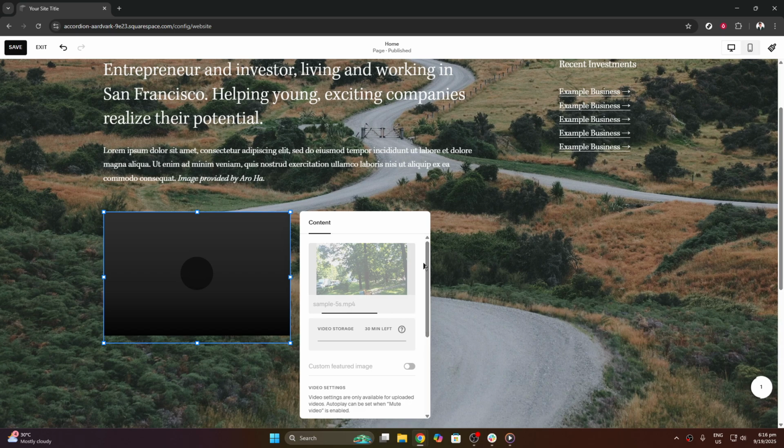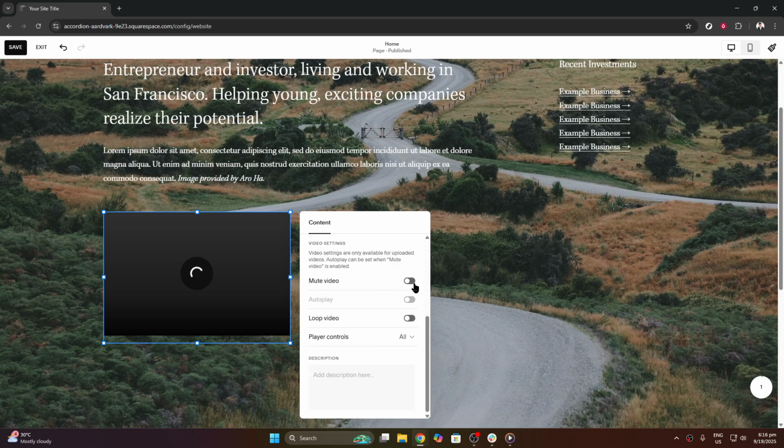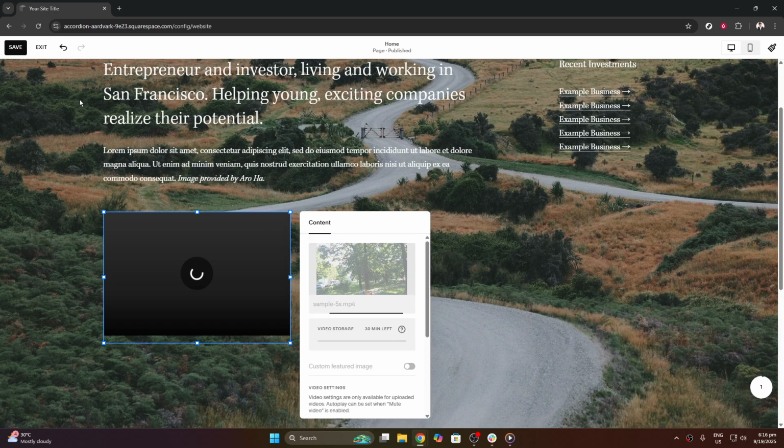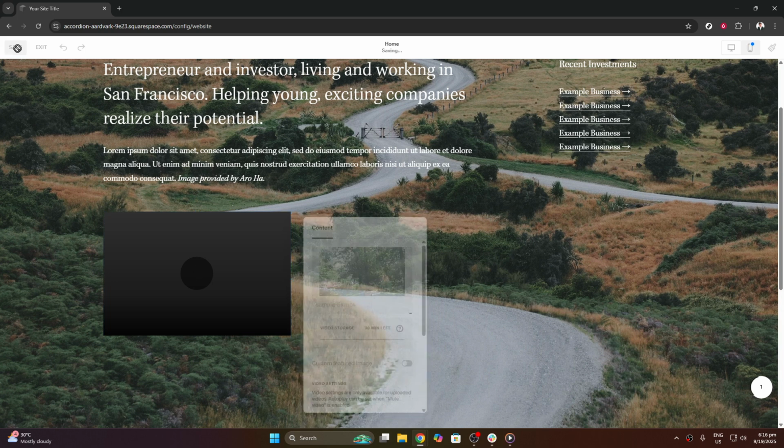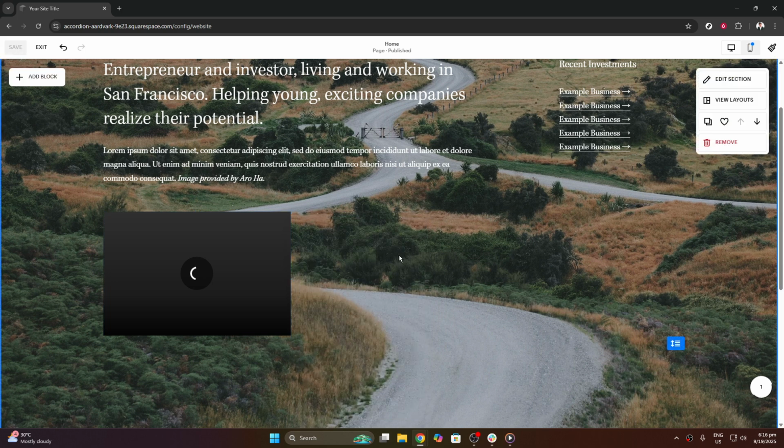Finally, once your video has successfully uploaded and taken its place on your page, all that's left to do is click on Save. By saving, you finalize all the changes you've made, ensuring that your hard work becomes live for the world to see and appreciate. And there you have it, a complete guide to uploading a video on Squarespace. With these straightforward steps, you're now equipped to enhance your site aesthetically and functionally by integrating